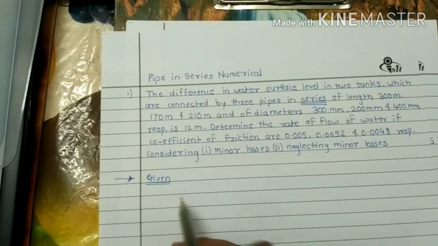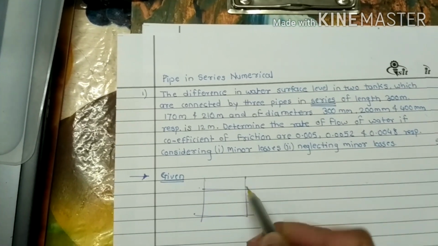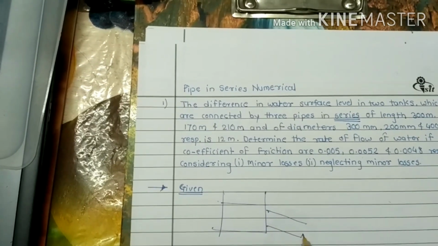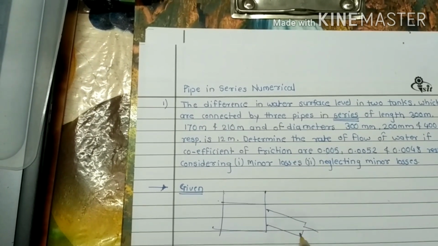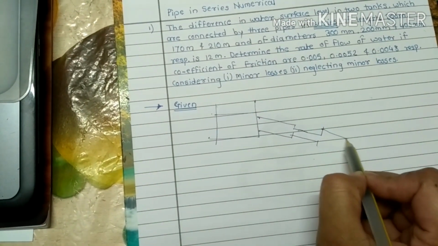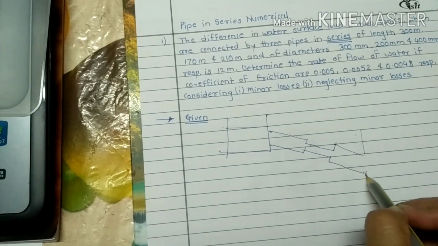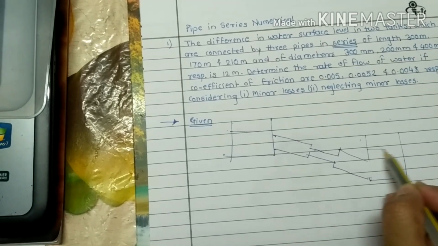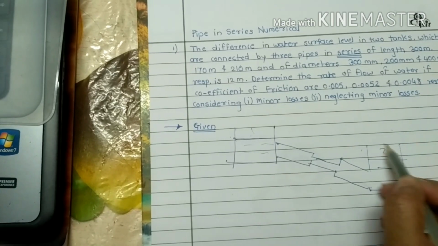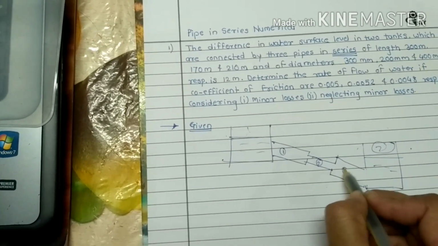Now, just draw the 2 tanks first. So this is tank 1 and the first pipe, now connected in series. So this is the first pipe having diameter 300 mm. The diameter is decreased to 200 mm. Again the diameter is increased to 400 mm. So by common sense you can draw this diagram, and while drawing the diagram you can easily understand how many minor losses are present here. So this is tank 1, this is tank 2. Now let me mention pipe 1, pipe 2, pipe 3.